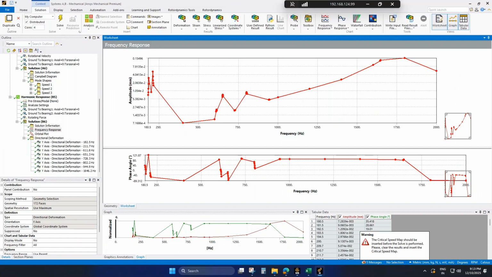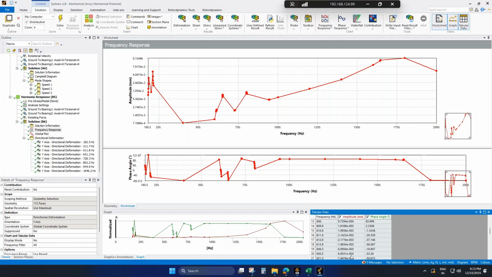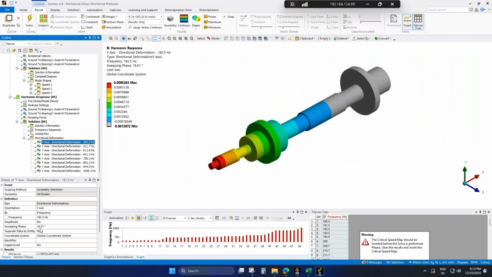That particular frequency and the phase angle you can find from here, or you could hold the control key and click the left mouse button to get the amplitude and phase angle. The frequency value you can get from here. So what you need is two things: one is frequency, and the other is phase angle. Then you can right-click and retrieve the results.